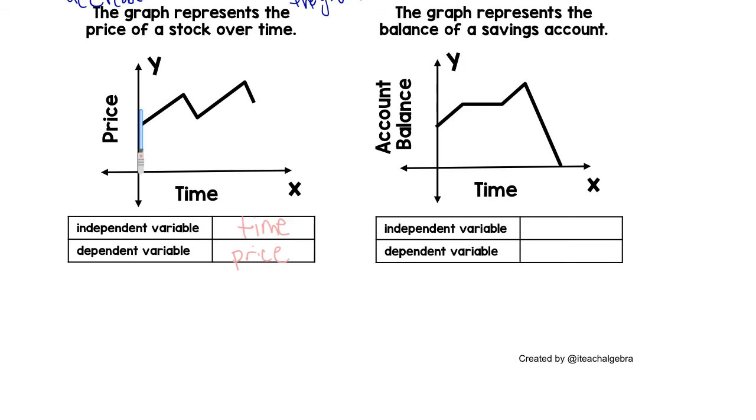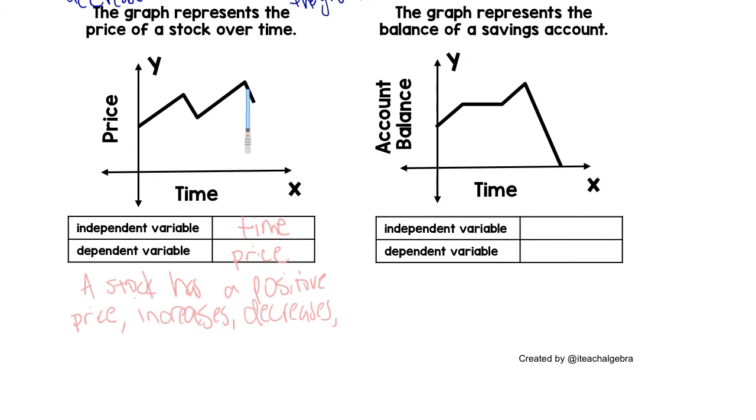So let's look at this. When Y is positive, that means the price is positive. So a stock has a positive price. It increases, decreases, and then increases. Increases, decreases, and then it increases, but it's even higher than it was before. So it increases higher than before, and then it decreases again. Not a lot of specifics we can say with this one because, again, we're just given variables and no specific